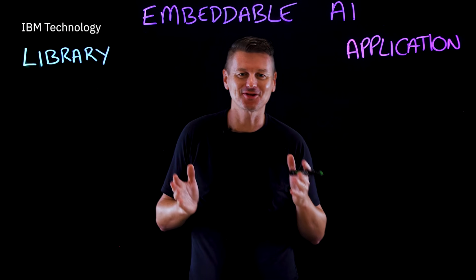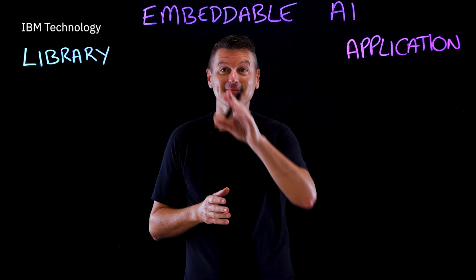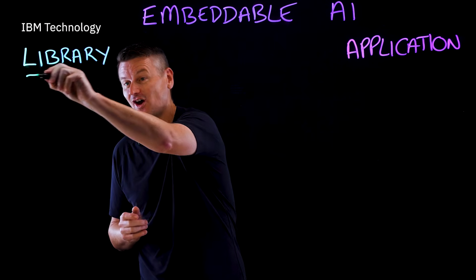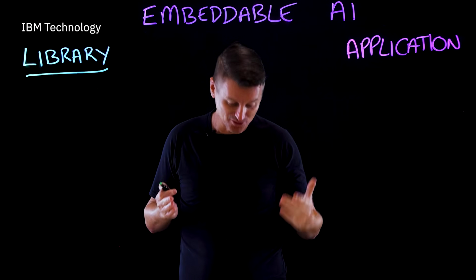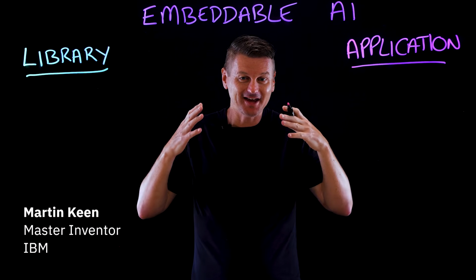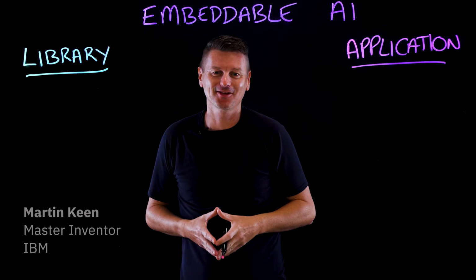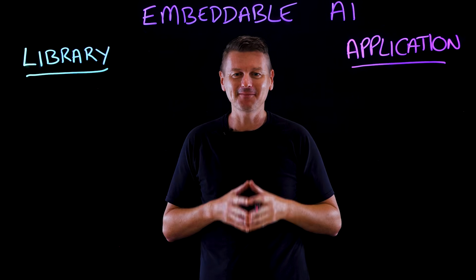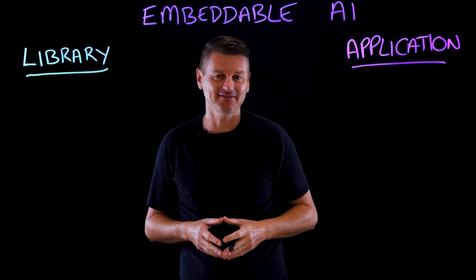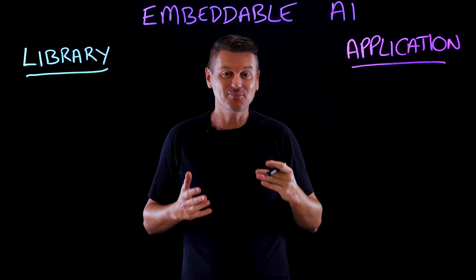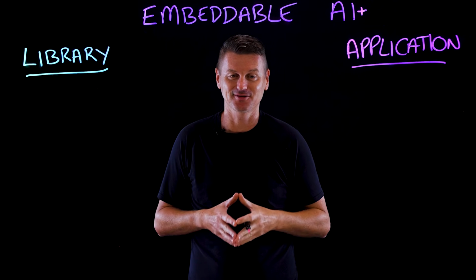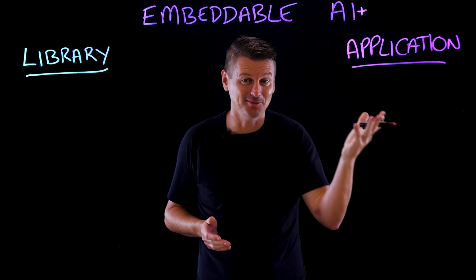Today, we'll talk about two ways you can deploy embeddable AI. We're going to talk about containerized libraries, and we're going to talk about applications. Now, I think it's not much of a stretch to say that AI adoption is taking off, and companies have recognized the capabilities of AI and moved from merely having some AI to embracing an AI plus mindset for business growth. AI plus, you say, what's that?